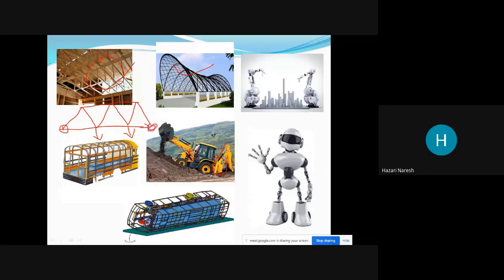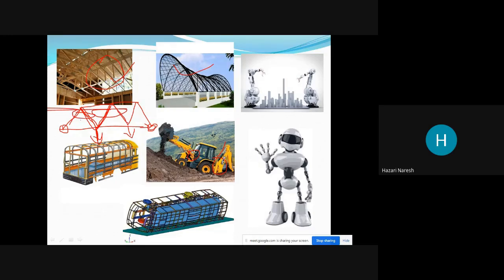Now these types of structures are made. The load acting on this member should be resisted with the help of the V shape of these two supporting members. These two members should be lifted. Okay. So this type of